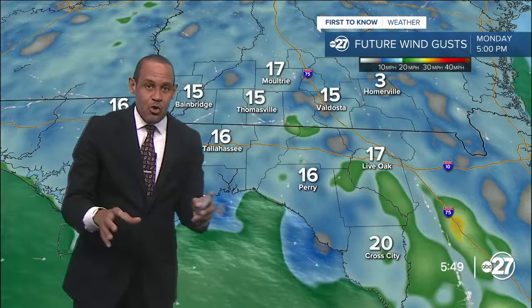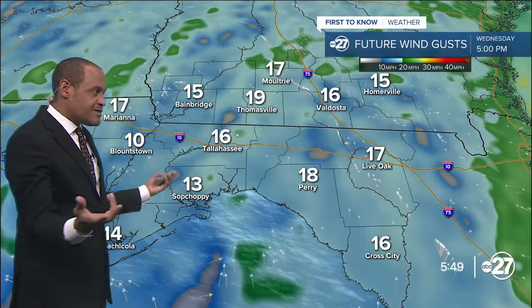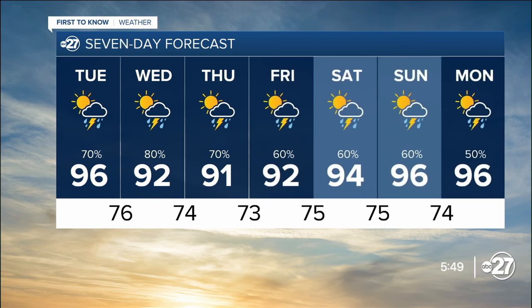So we can see a lowering of temperatures, but the wind gusts are just not going to be something all that significant for us. So if you're hearing about tropical development in the Gulf, this is not going to be something that gives us a lot of adversity. We may see gusts on Wednesday, 10 to 15 miles per hour, 20 to 25 offshore. That's about the worst we're going to see of it, but I'd say maybe something more beneficial is the knockdown of the heat. So we could have some lower 90s average temperatures Wednesday and Thursday before